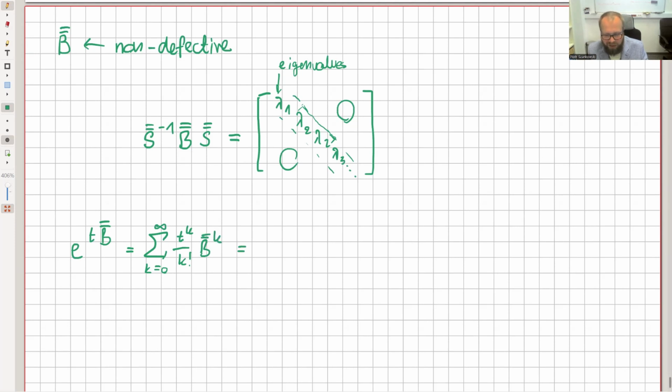Now B to the power k you can easily write using S minus 1 times S equals S times S minus 1 equals 1. You can always multiply by 1 in between every B here. You can insert identity, and split it in those two using those two relations. And if you do that, you can transform everything into the following form: